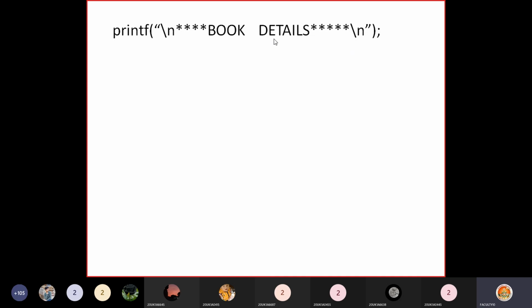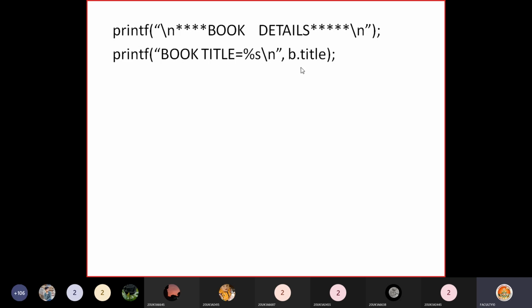You can use some designing here, some symbols, so that on screen it displays with this design. So I'm just printing the book details heading. Then book title is equals to, book title is a string, so percentage s,